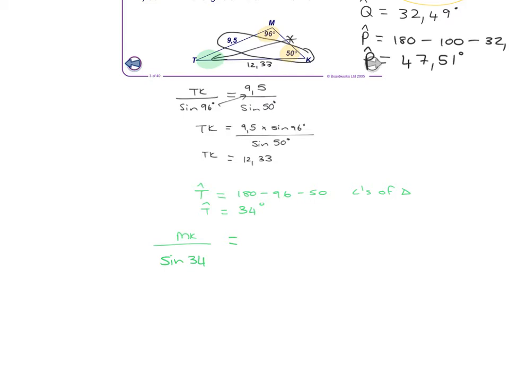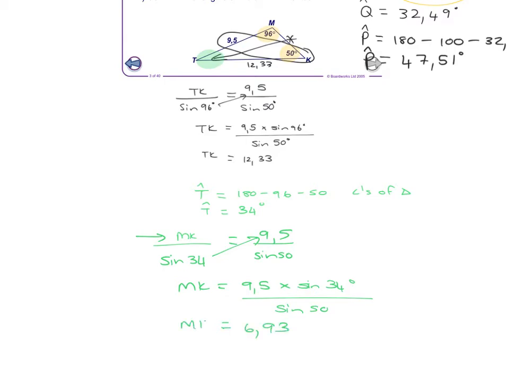And then I'd prefer to use my original complete side. Don't use a previous answer in case it's wrong. So what's my side that I know? Because I've got sides at the top, I've got 9,5 over sine 50. Show me the rearranging, please. You get a mark for this. MK equals 9,5 times sine 34 degrees, oh sorry, I've left out my dividing, over sine 50. So I've just taken the sine 34 across, and then in your calculator, we get an answer of 6,93 units